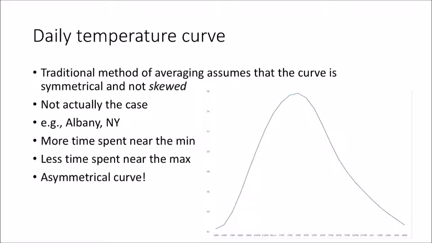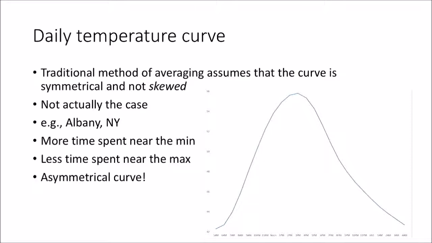So if this was the case, and of course nothing is ever perfect in the climate and weather world, it would be fine to do max plus min over 2. But as we know and expect, it's not really the case that you have a perfectly symmetrical rise and fall in temperature each day. There's various reasons why the temperature does not follow that. So hence, the traditional method is using the incorrect assumption that we have a symmetrical curve, but in fact that's not the case.